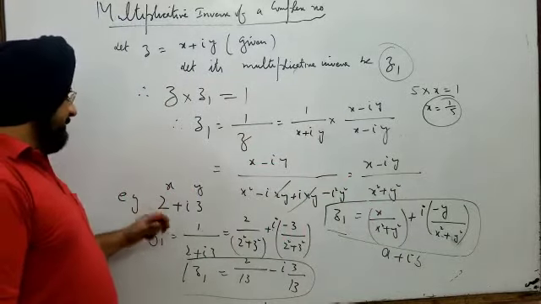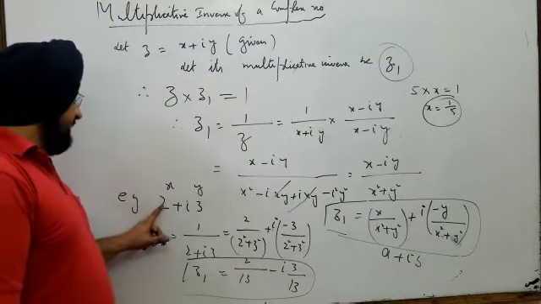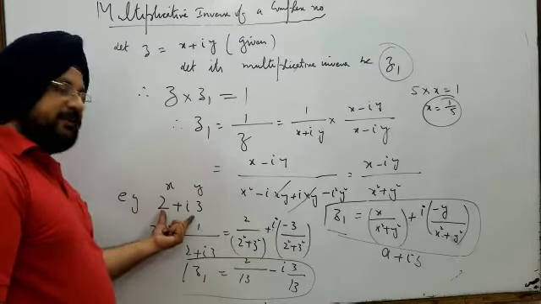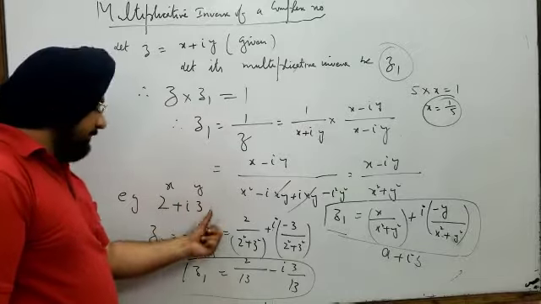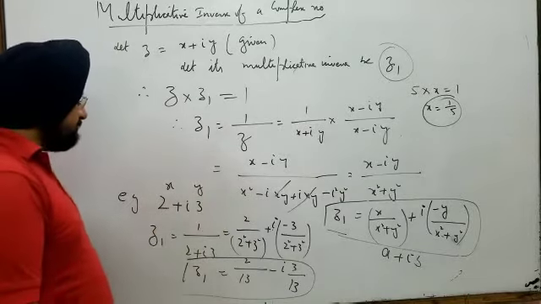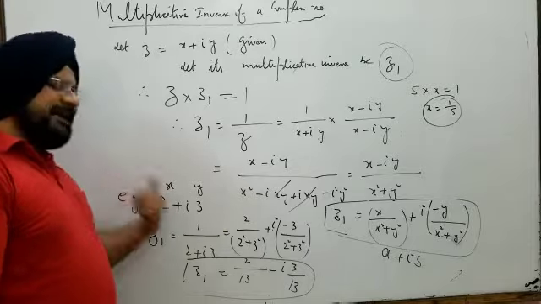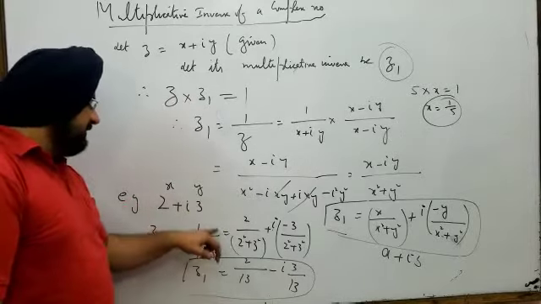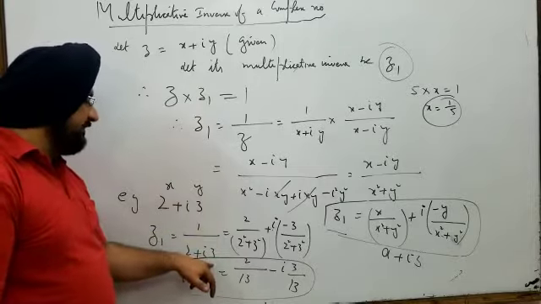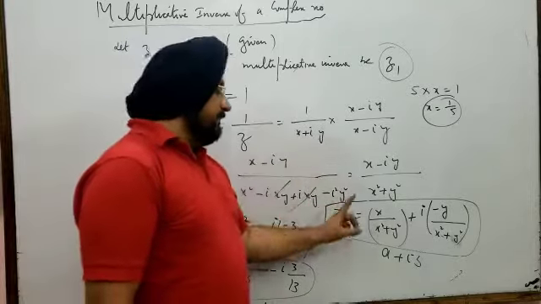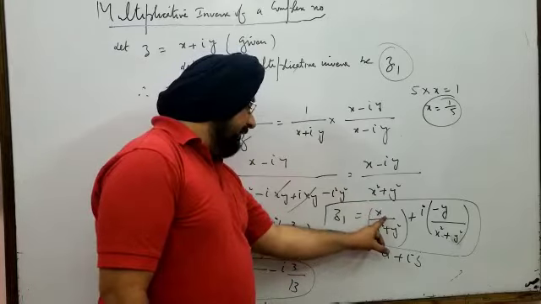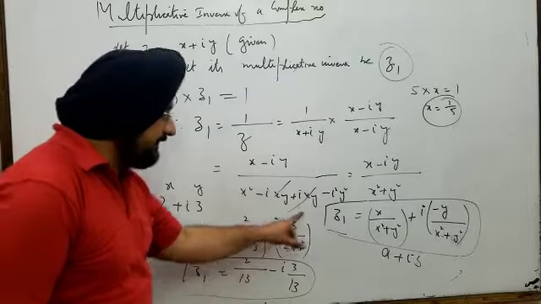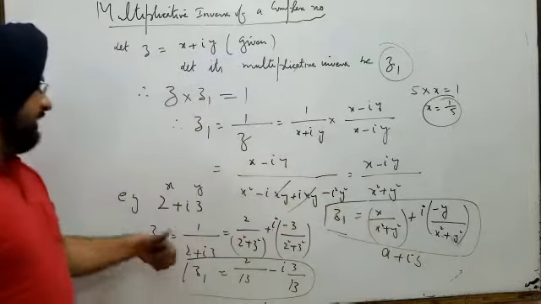So let us take a practical example of this. For example, I want to find the multiplicative inverse of this complex number 2 plus iota 3. So by definition, the multiplicative inverse of any complex number is 1 by that number. So I write it as 1 by 2 plus iota 3, and by remembering the concept that the real part will be x by real part square plus imaginary part square, similarly, remembering this, you can get the answer very easily.